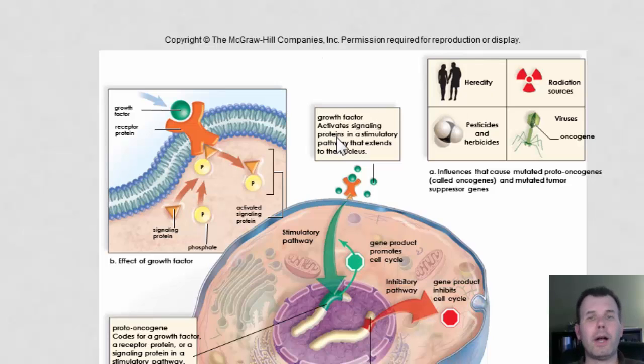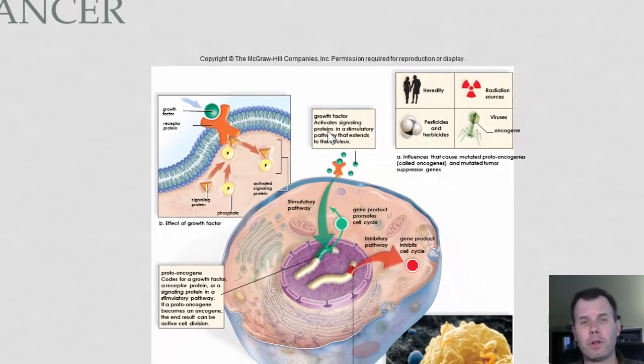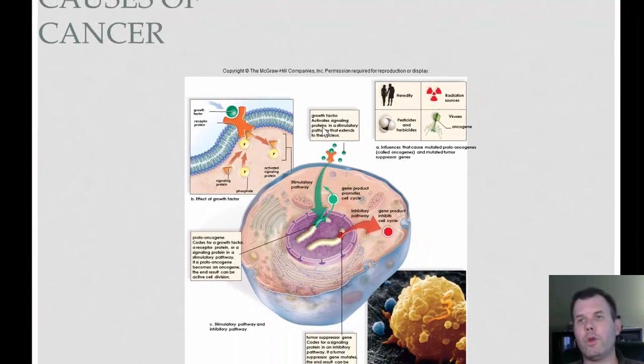And heredity. You might have the genes themselves. So a lot of you have heard of Angelina Jolie and that she had a double mastectomy because she had these genes. And sometimes if you have a history of cancer in your family, you are now more at risk of getting cancer yourself. And so if you do have these genes, you want to be aware and keep a check on your body. So you might do things earlier than normal people would. Do mammograms and do blood testing and rectal testing and things like that to make sure that you don't have these cancer genes or cancer cells occurring without you knowing it.